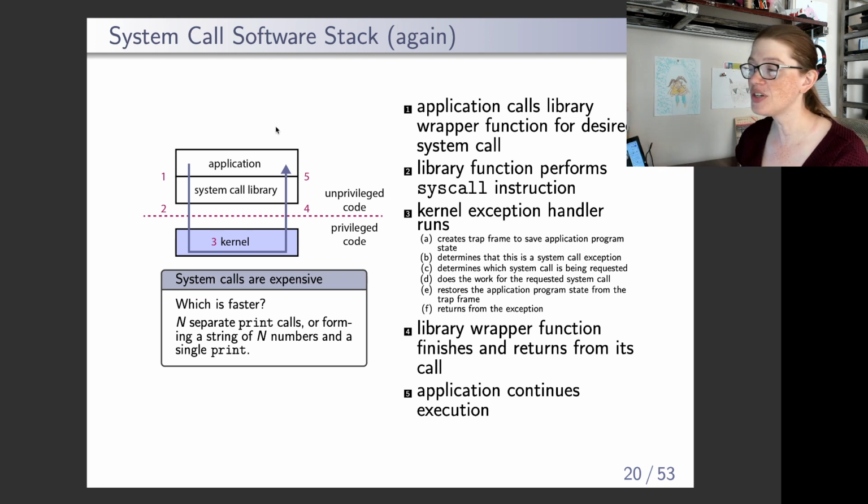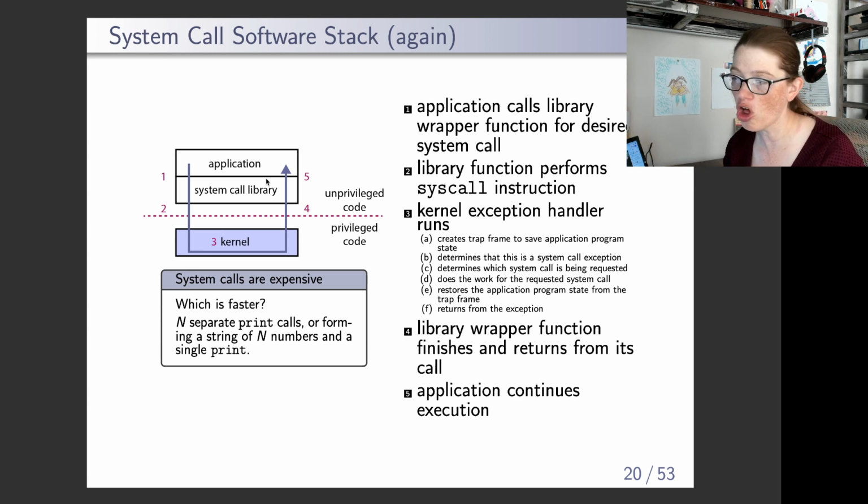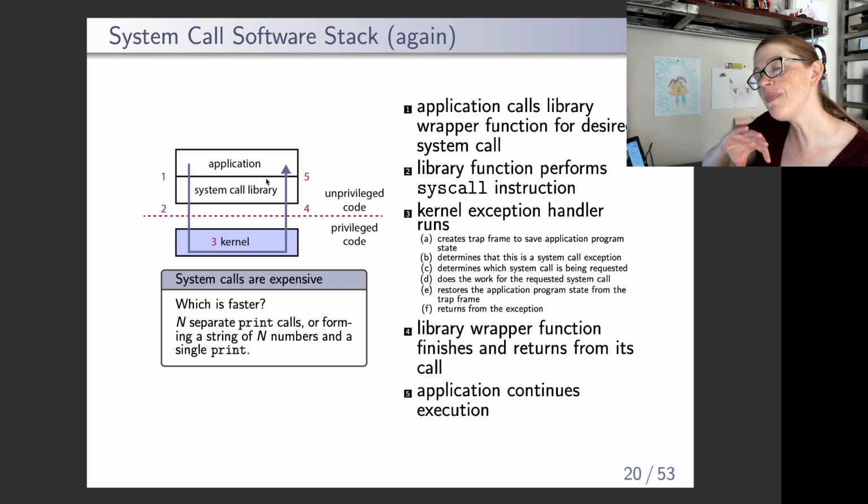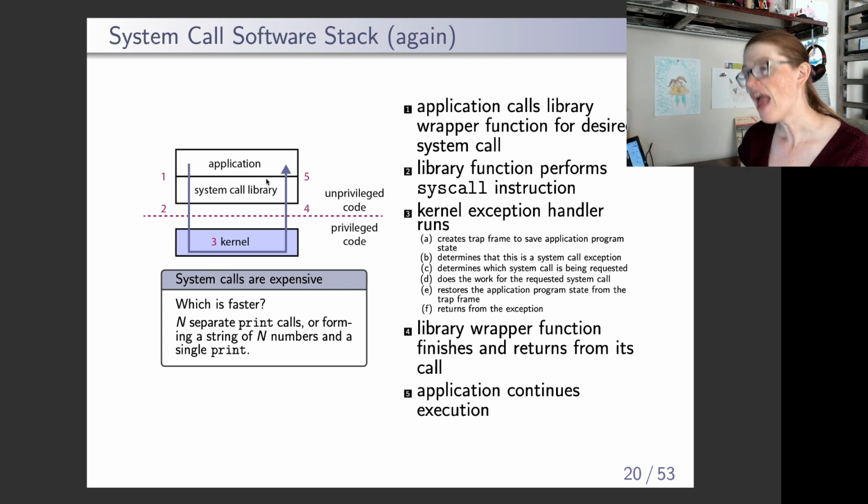So we call fork, which is a part of the system call library, again, an unprivileged piece of code. The system call library is going to set up our arguments to the system call. It's going to set up the system call code, grabbing whatever necessary code is from the ABI, and then it's going to raise the syscall exception. At the point of the exception being raised, our CPU is going to switch from being in unprivileged mode to privileged mode,